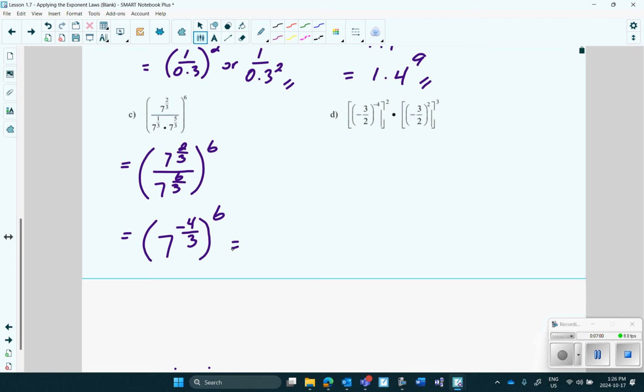When I raise one power to another power, what do I do with the exponents? Guys, 3 exponent laws. When I multiply 2 powers, I add the exponents. When I divide 2 powers, I subtract the exponents. When I raise one power to another power, I multiply. So I have to multiply these 2 fractions. So I have to make 6 into a fraction. 7 to the